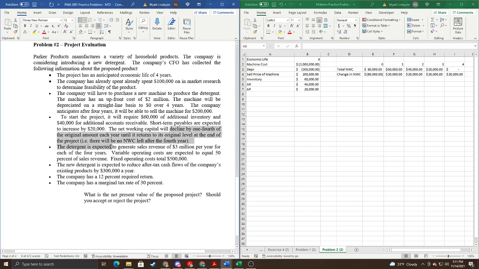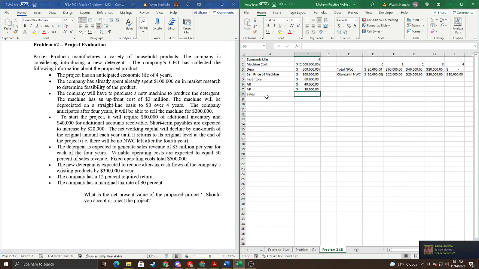Now, the detergent is expected to generate sales revenue of $3 million per year for each of the 4 years. So sales, we're going to have $3 million. Boom, $3 million. And the variable operating costs are expected to equal 50% of sales revenue. So variable costs. And we're going to do that as a percentage, not 50 cents, but 50%. And they're going to have fixed operating costs of $500,000. Fixed